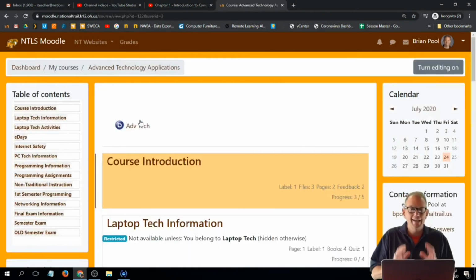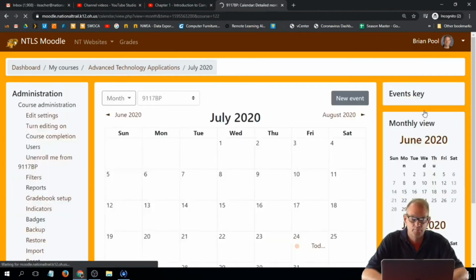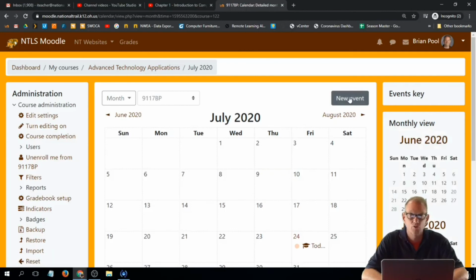Now, I can put this in any activity or resource anywhere in Moodle as long as I get the full text editing page. So it doesn't matter where you want to use it. The process is the same. If I want to add it to the date on the calendar, all I have to do is click New Event,